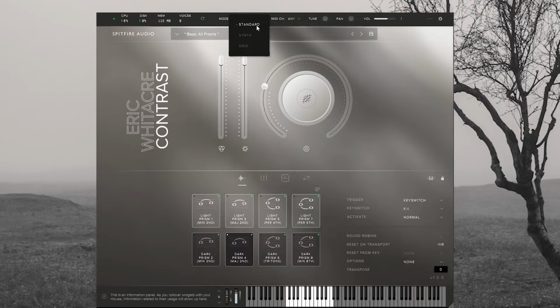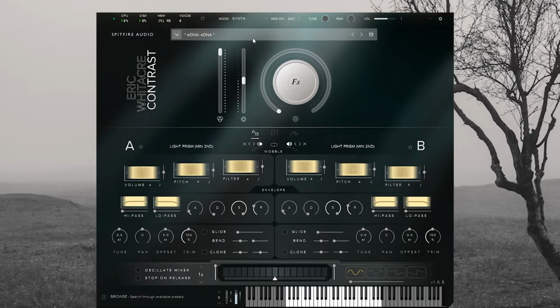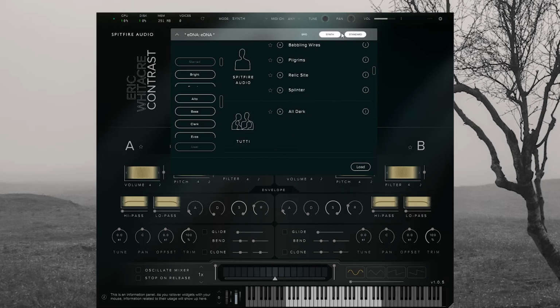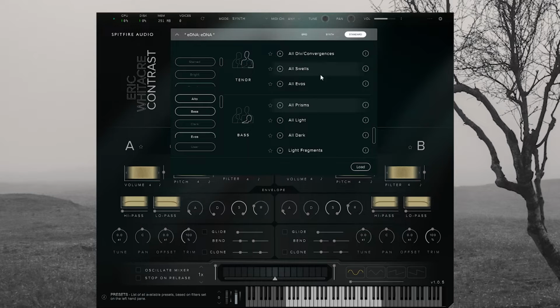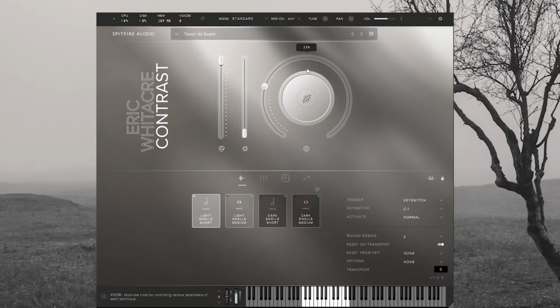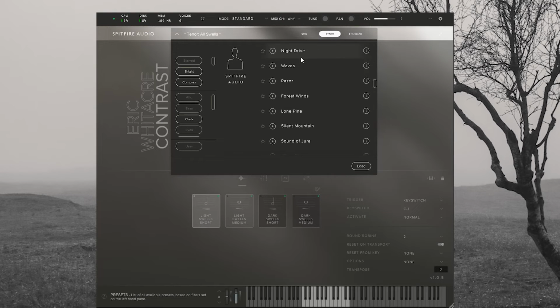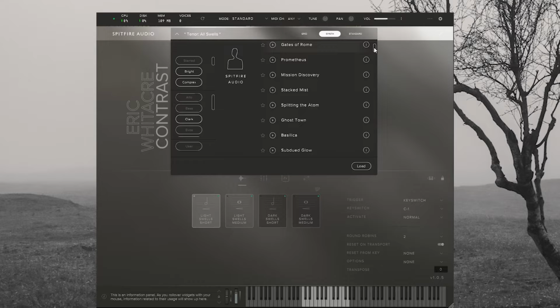Anyway, looking at the top, we have the mode switch, and you can do this in two ways. Let's say we want to go to eDNA, we can just hit synth, and we have the eDNA engine. But of course, we want those delicious presets. So if you do it that way, it will just click synth, but you can go from standard, see those presets. So let's load swells,